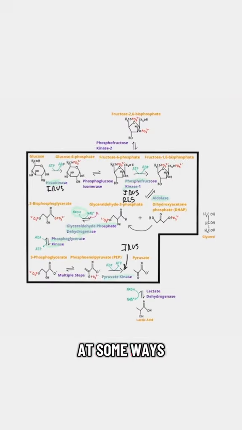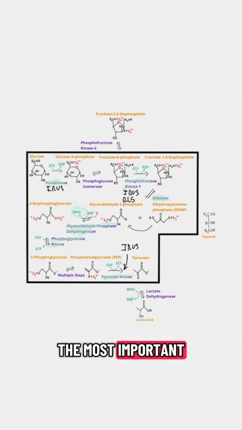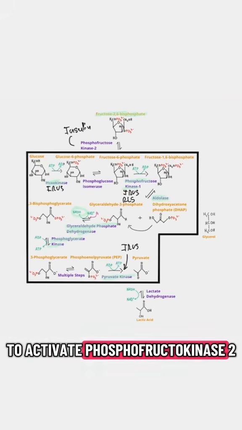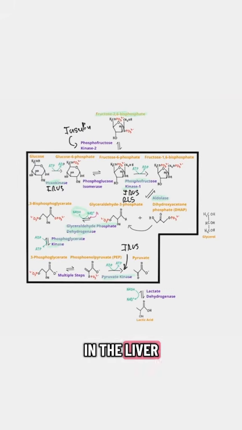Now we'll look at some ways that glycolysis is regulated. The most important regulator by far is fructose 2,6-bisphosphate. During the fed state, insulin is released, and it's going to activate phosphofructose kinase 2, which is present in the liver. That causes some fructose 6-phosphate to get converted into fructose 2,6-bisphosphate, and then fructose 2,6-bisphosphate comes down here and